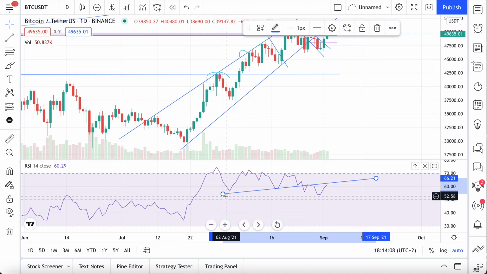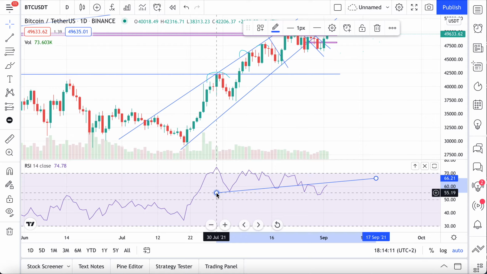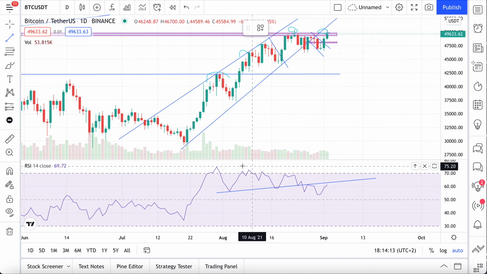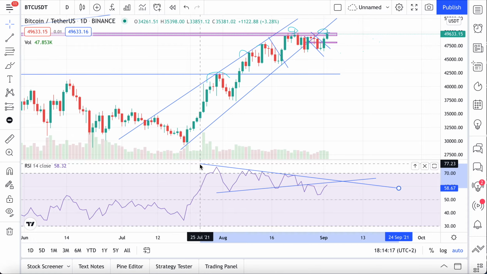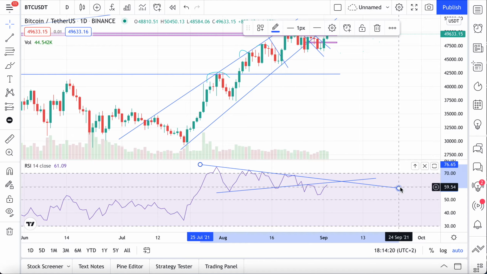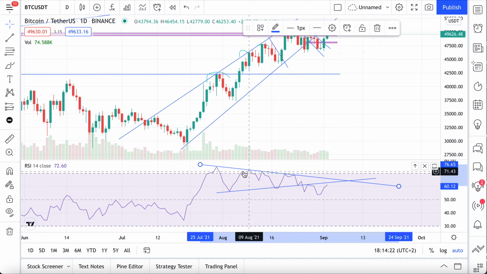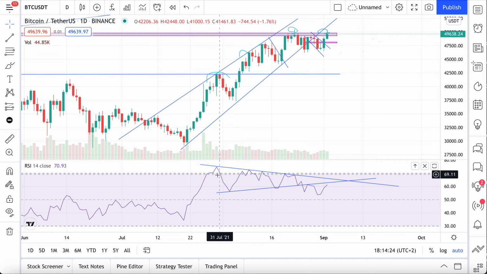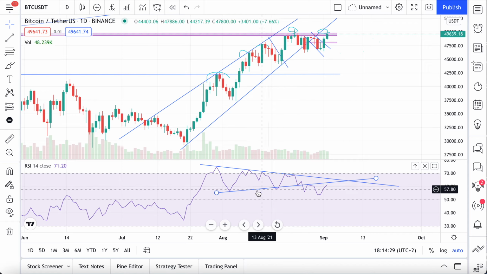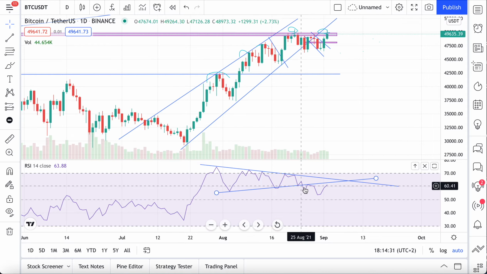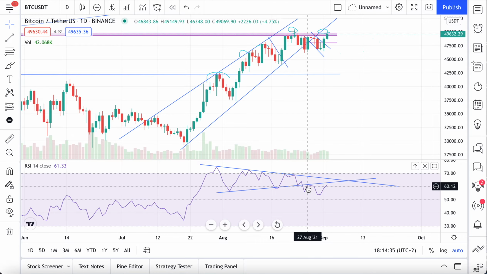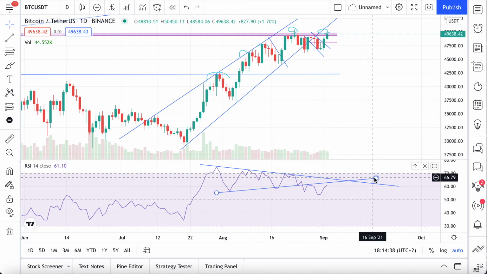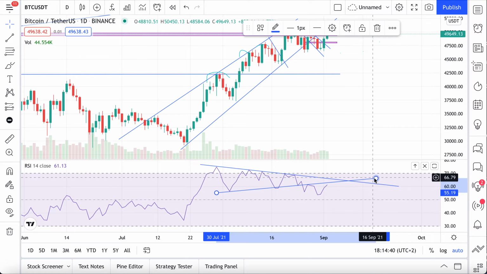I also mentioned, let's put it as a triangle. I don't want to make my videos so long, but I think we are all enjoying it, so let's put it again in a triangle. And look, this is the RSI in daily, and we were having bearish divergence a lot. This was a disaster that finally broke down, and then this time it also broke out of the triangle that I put in here, and this was a bearish scenario, but we backtested again, we failed again, we went down.